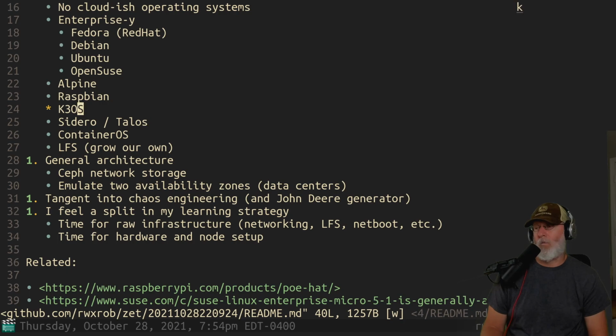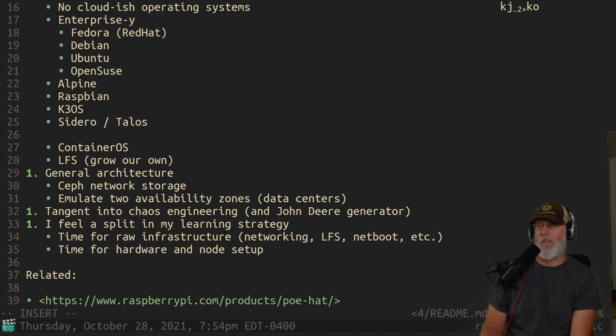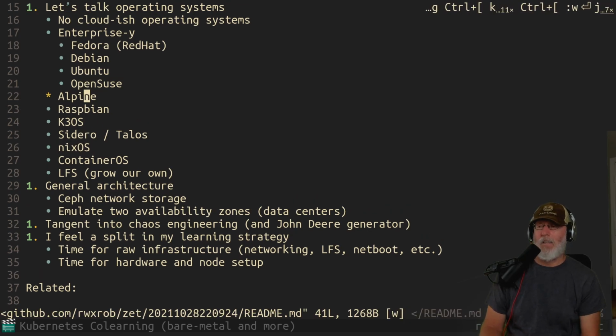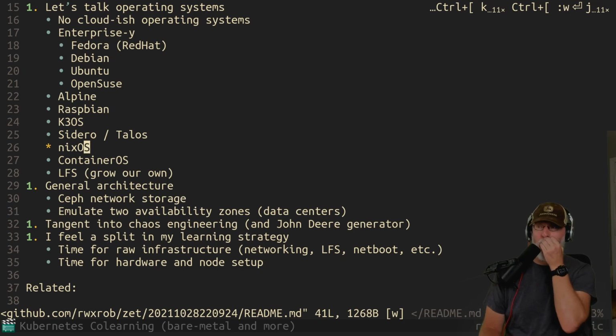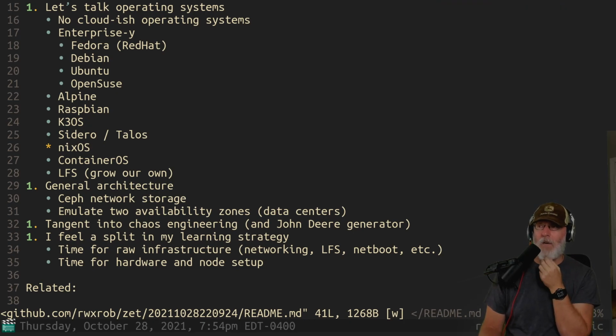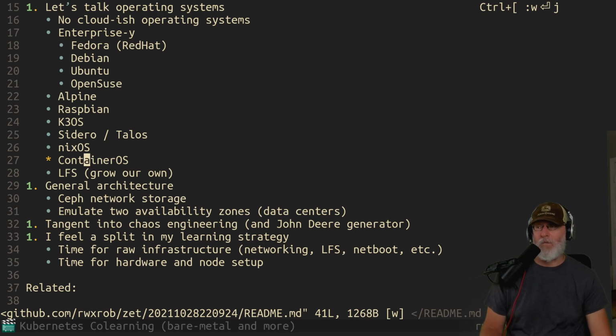And nixOS, why not? Oh god, nixOS is cool. Yeah, we could definitely play around with nixOS. But see, this is what's so cool, is we can mess around with all this shit and just talk about it. nixOS actually is really interesting to me. I'm really, really interested in it. It doesn't have a lot of clout right now, but it could easily have a lot of clout.